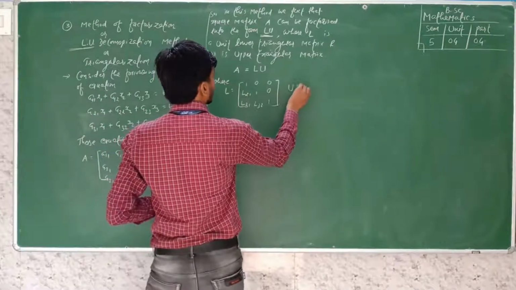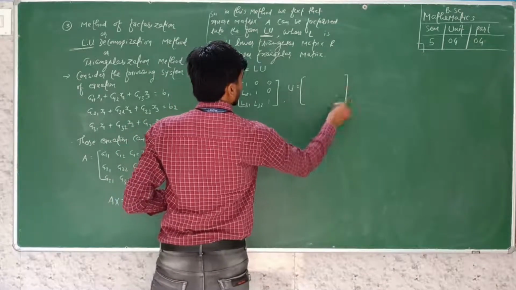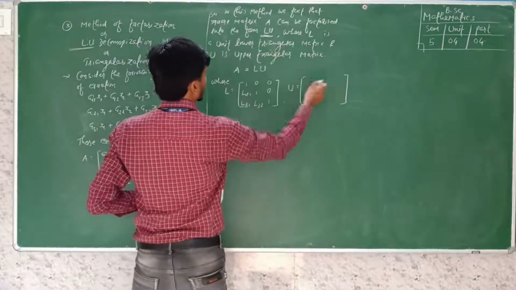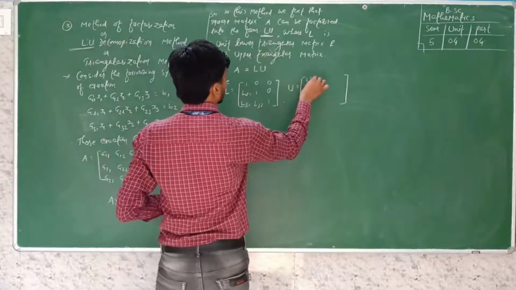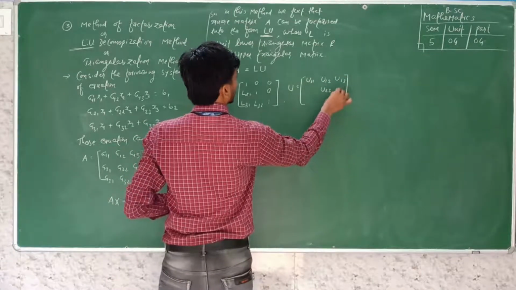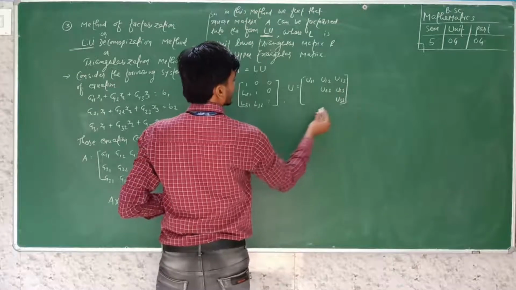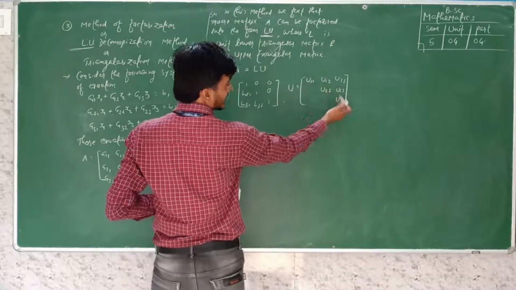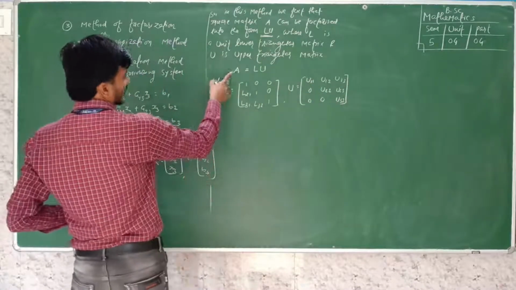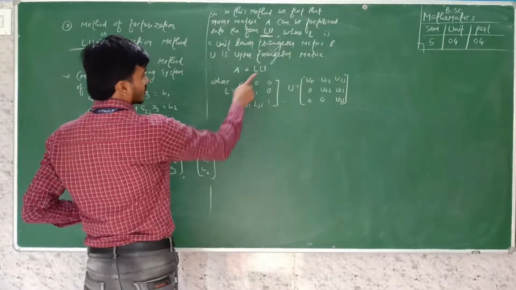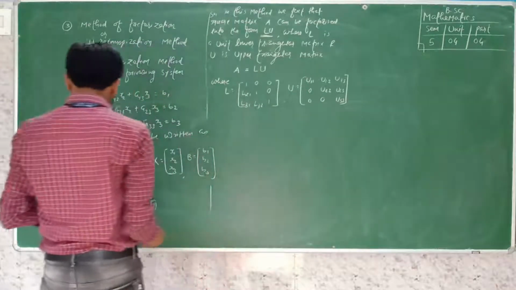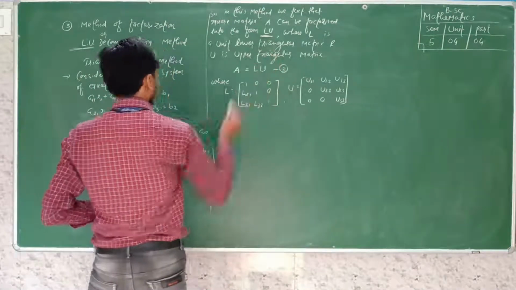And U means upper triangular matrix. Here it is not unit upper, here it is an upper triangular matrix. So U11, U12, U13, U22, U23 and U33. Upper means the elements above the diagonal, and the elements below are 0. So A can be factorized into the form of LU, where L is a unit lower triangular and U is an upper triangular matrix. This is the form, equation 2.